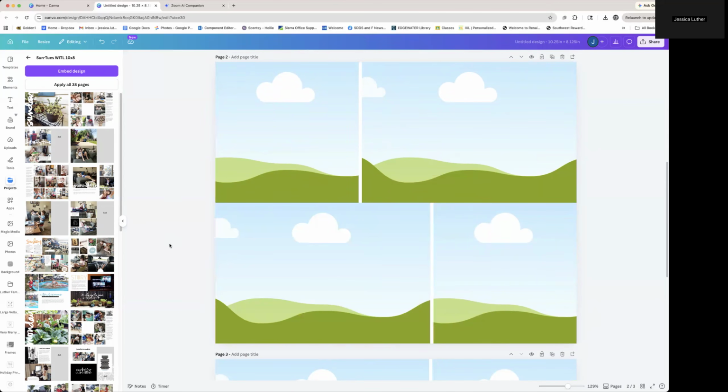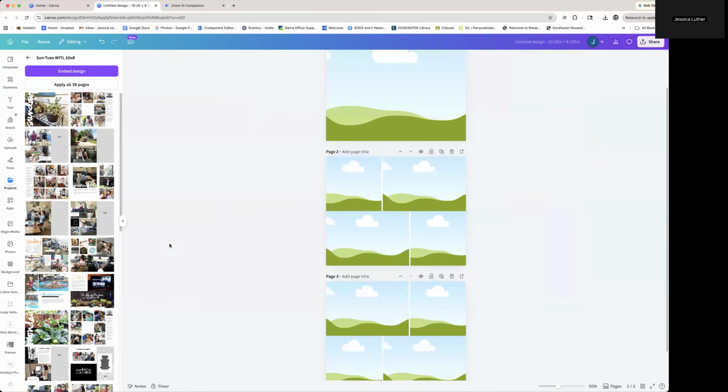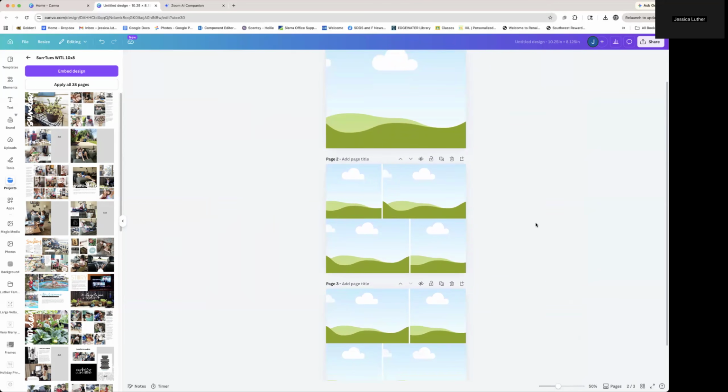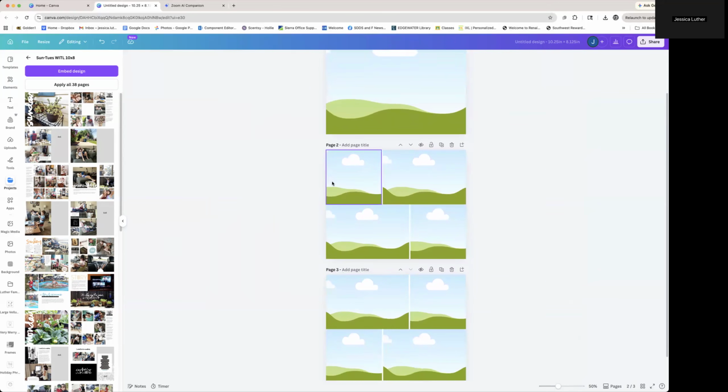All right, so now let's zoom out a little bit so you can see what we have going on so far. We've got a 10x8 image for one page. We have two pages. It's the front and it's the back of the 4x4, 4x6. I'm going to go ahead and name it. We're going to call this one front. Copy, paste. We're going to call this one back